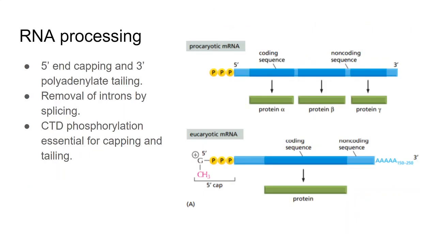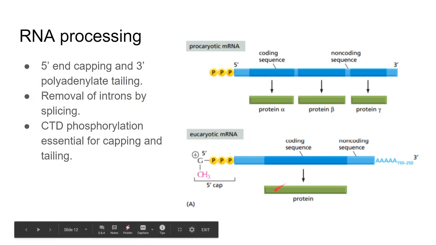Anyway, now we'll talk about RNA processing. In prokaryotes, it's a very straightforward process. You have multiple genes being transcribed together. You form one long mRNA molecule, and this mRNA molecule can give multiple proteins. This long mRNA molecule is giving you multiple protein products, and this is known as a polycistronic RNA. But in eukaryotes, you have monocistronic RNA, which means that a eukaryotic mRNA will give rise to only one protein.